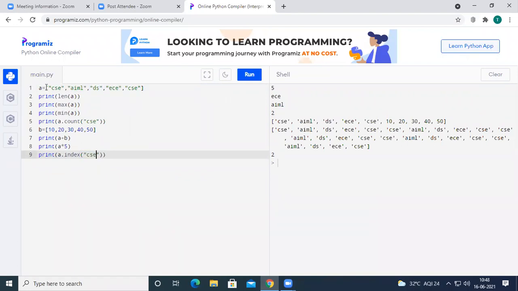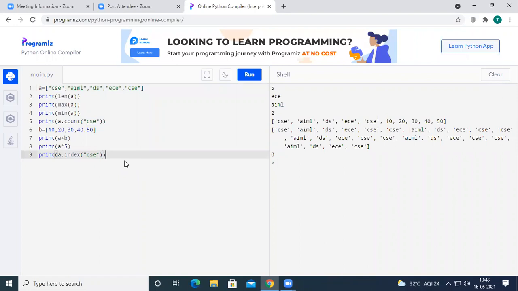If you observe, CSC has occurred a couple of times. If I run the code, I am going to get the first occurrence. CSC was stored at index number 0 and at index number 5, but I am going to get the first occurrence. So this is the use of the index function.